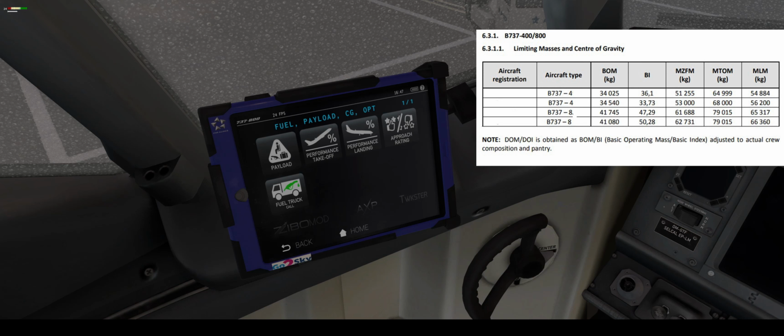Okay, so we have discussed the baggage, we have discussed what are the passenger weights. We don't discuss the weights of the flight crew. Okay, and as you can see from the picture above, we have some airplane which is called with the registration